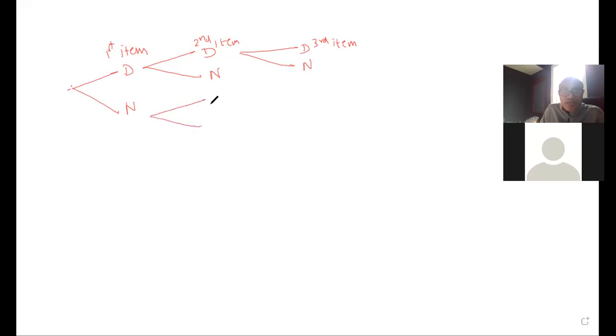Then after, for the second part, I'm going to get the second item, it could be defective, it could be non-defective. And from here, it could be defective, it could be non-defective. So defective and non-defective, same scenario is over here. Then the third item could be defective, it could be non-defective. That means my sample points are,